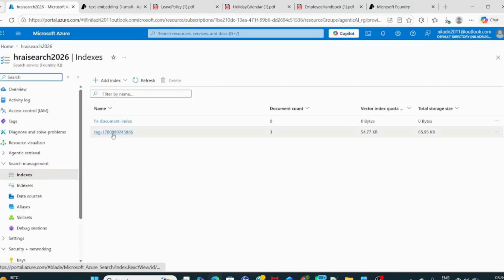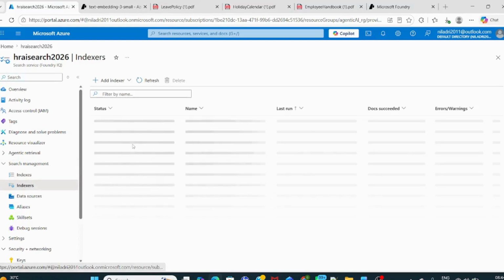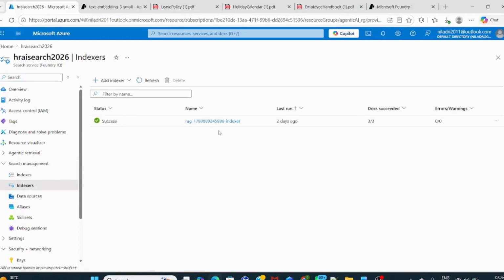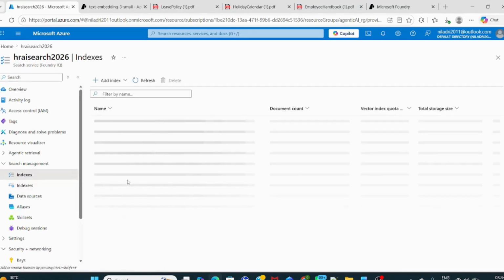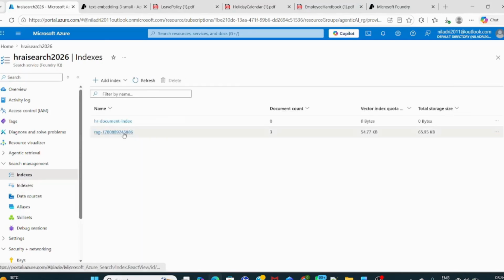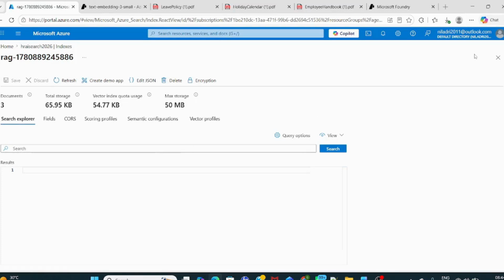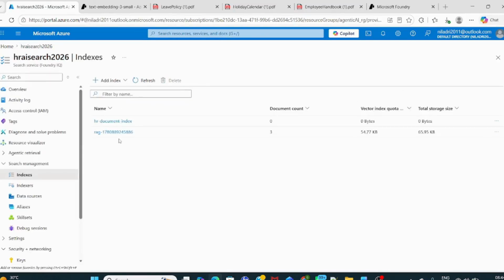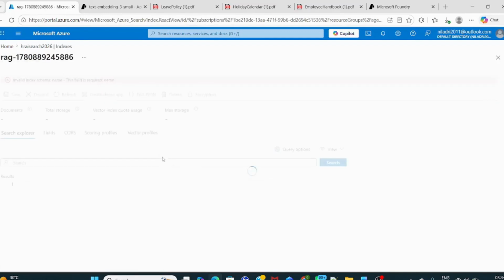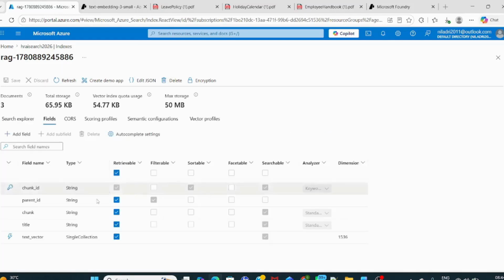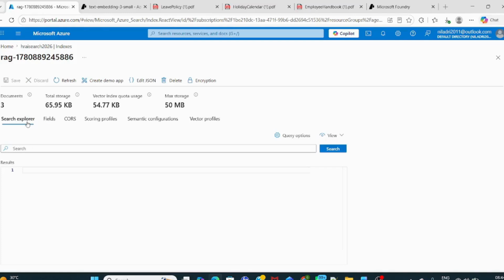If you go to the index, the indexer is the Azure search index created, but what do we index? Let me show you from the fields. So we said we are chunking the data and converting it to vectors. How will we check that? We can go to search, and if you put star, for example,